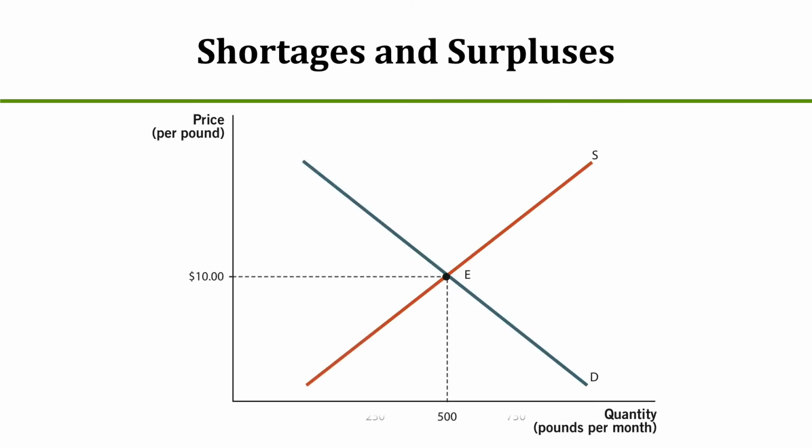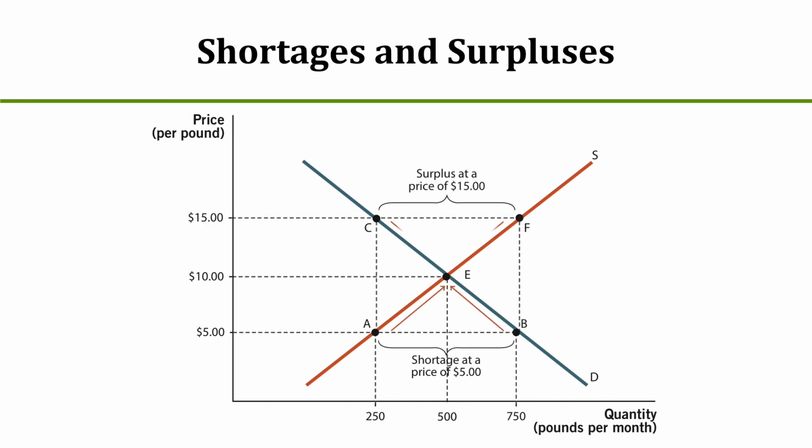So this is a fancier graphic, but really similar to what I drew before. And let's start with the shortage case. I told you that when the price is regulated by the government, and if it is below the equilibrium level, we will have a shortage, as you can see here. The amount of the shortage at the $5 price level is 750 minus 250, which is 500 shortage. So that means there are 500 consumers in the market who want to buy that good, but unfortunately there isn't